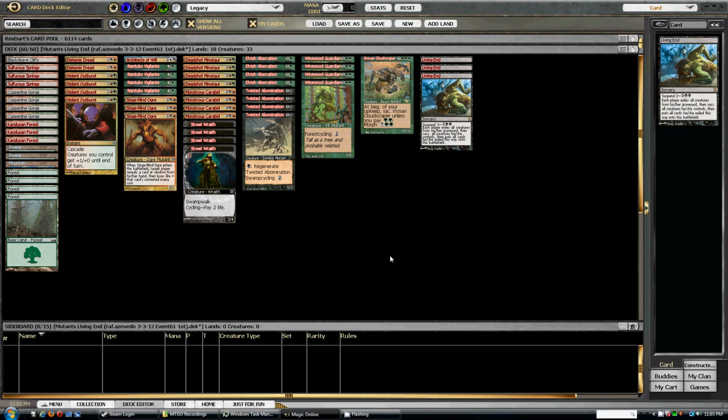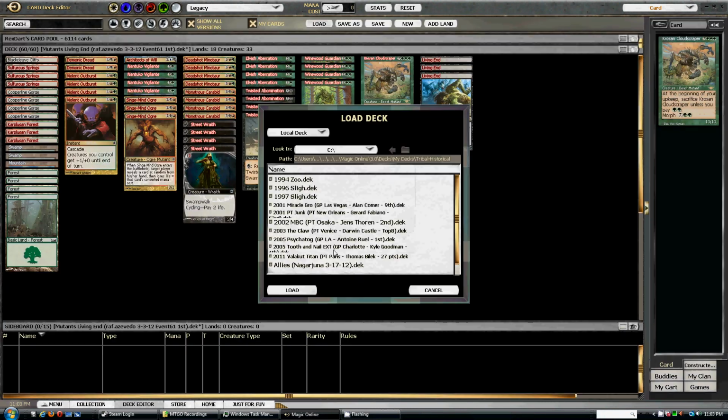Those are some of the ways that you could fight this with spells that you might have access to that aren't dedicated graveyard hate. The next deck that we're going to take a look at is